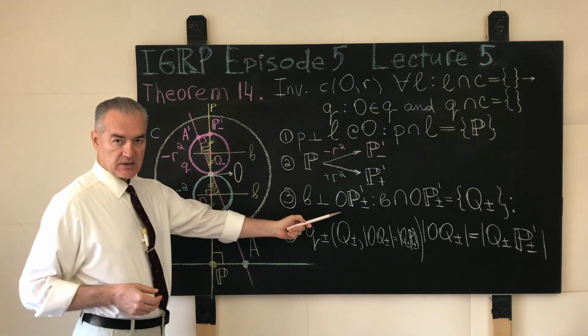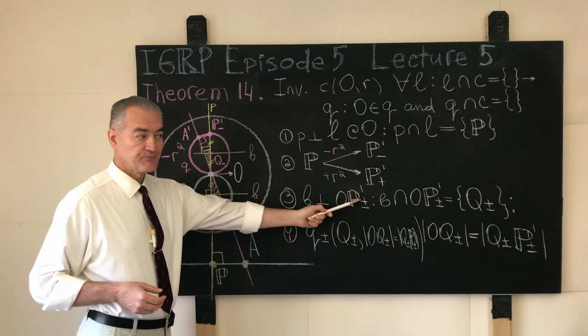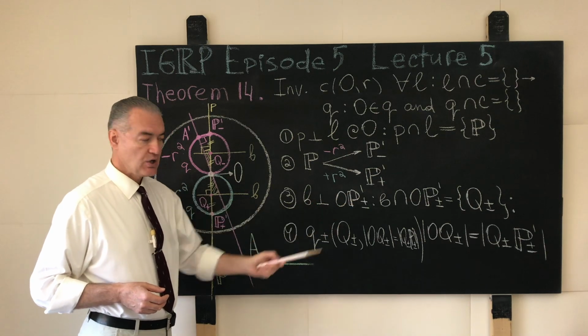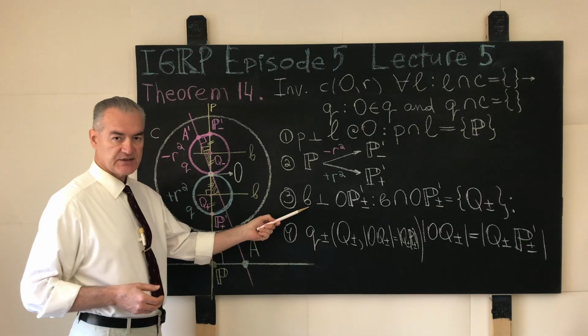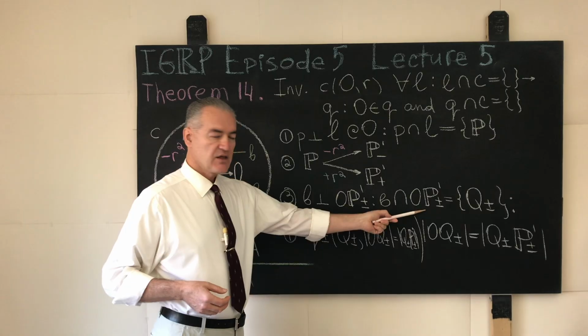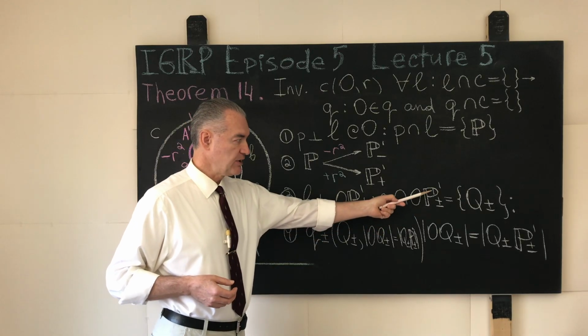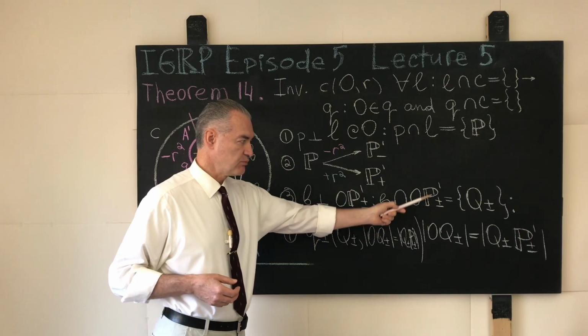Bisect the corresponding line segment OP prime plus or OP prime minus with the perpendicular bisector named B, which will intersect that corresponding line segment